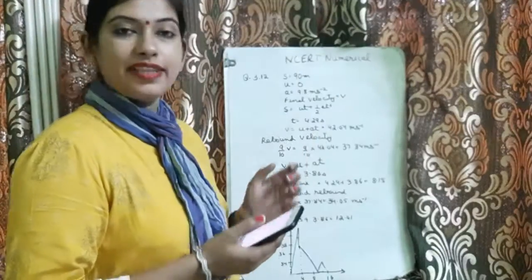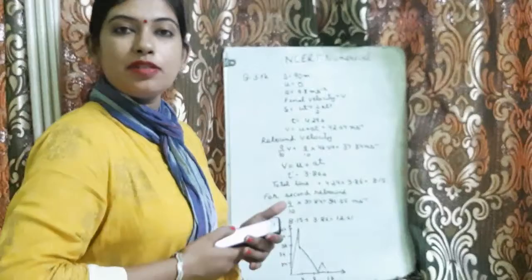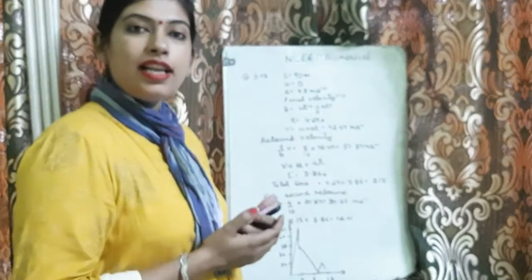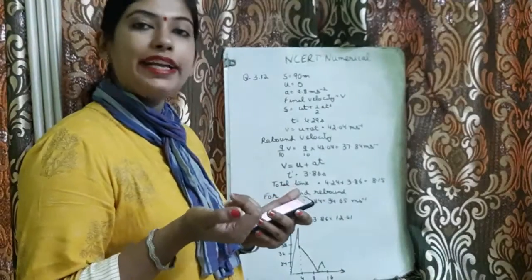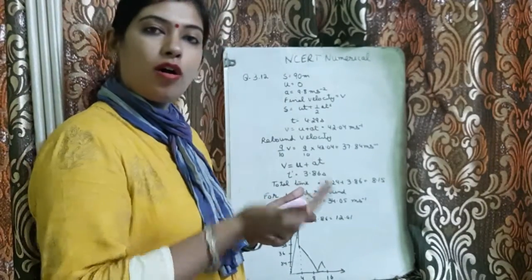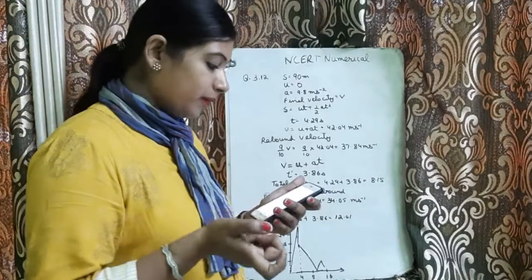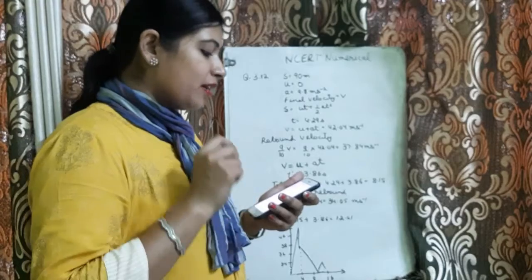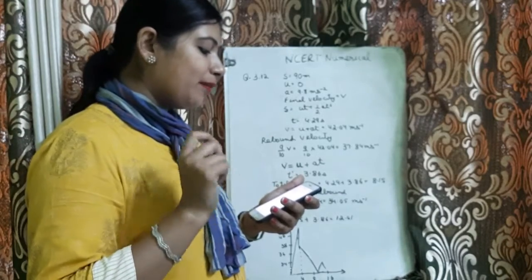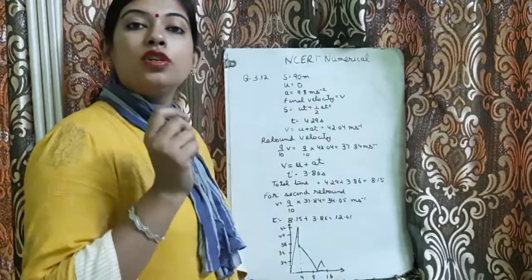Going to start with an NCERT numerical. First of all, I will tell you what this numerical is. In this numerical, a ball is dropped from a height of 90 meter on a floor. At each collision with the floor, the ball loses 1/10 of its speed. Plot the speed-time graph of its motion between t equal to 2 second to t equal